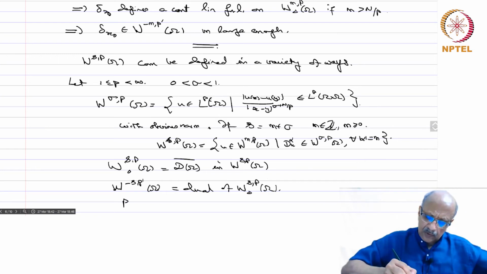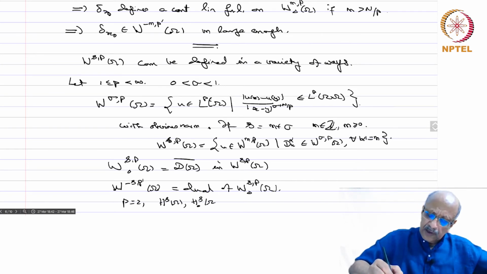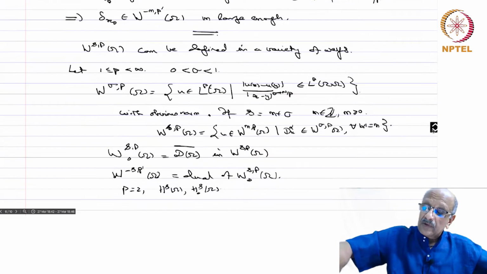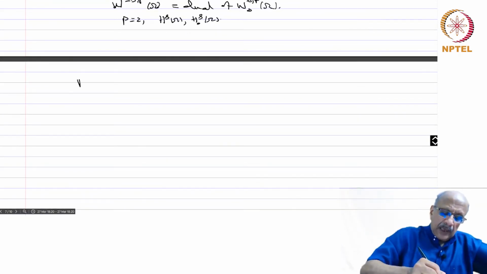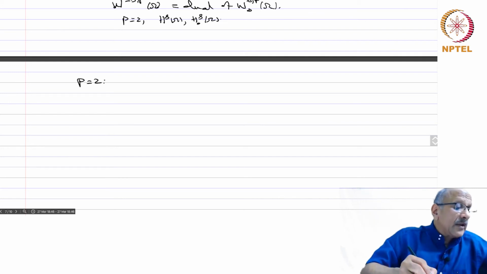So if p equals 2, we say H^s(Ω) and H^s_0(Ω). This is one way of defining the Sobolev spaces. So if p equals 2, we can define, with Ω equals R^n,